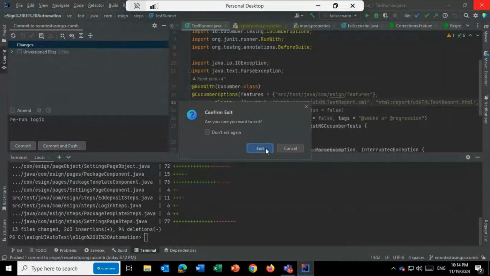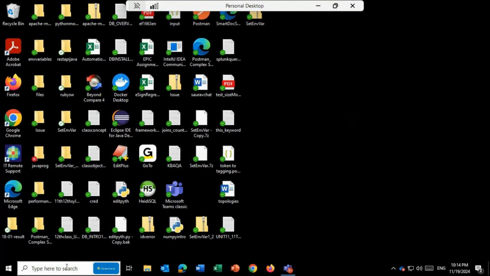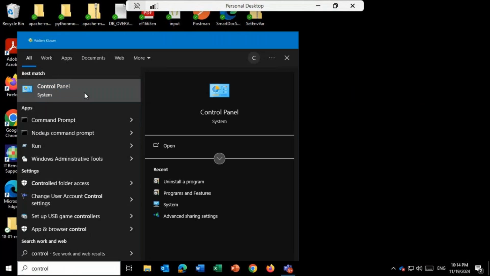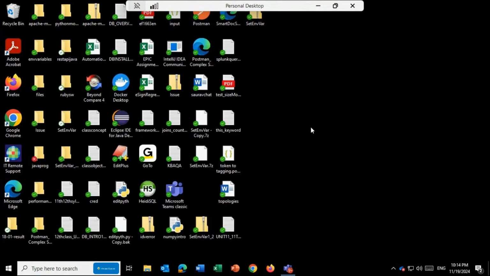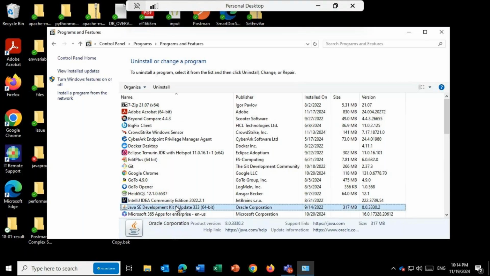So I am going to my control panel here and uninstall a program. Let me click on J. Already JDK is there. Can you see? JDK 8 is there. So I will right click, uninstall. Yes, I have uninstalled this JDK. Now,